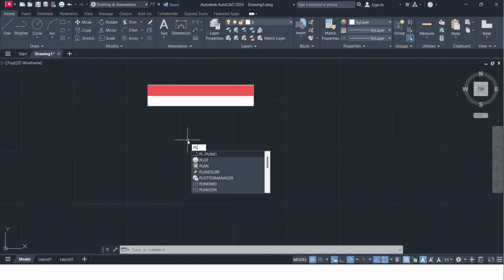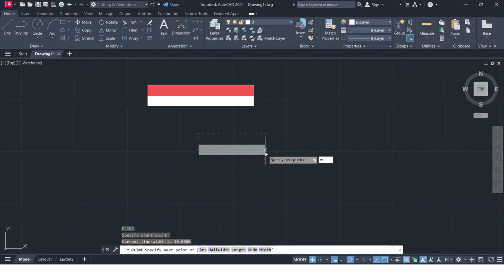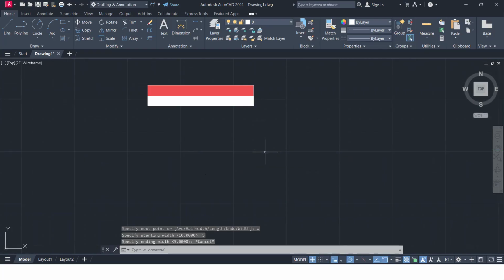Just use PL first, polyline, start point we specify here, okay? And then, first of all, I specify the width W, and then the first point I take as 5 mm, and then the second point I take as,